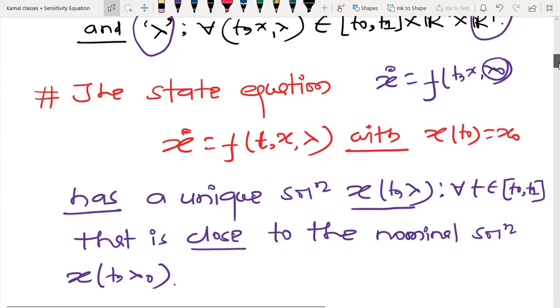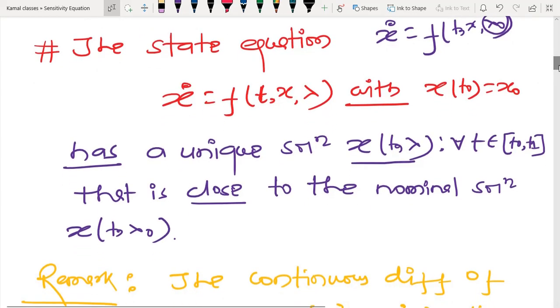So what we are hoping is that if f(t, x, lambda) is regular, meaning it is continuous with respect to t, x and lambda, then I can guarantee that if lambda is very close to lambda 0, then whatever solution of this perturbed equation, in terms of the parameter, is very close to